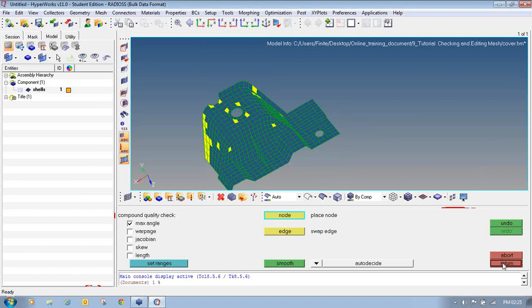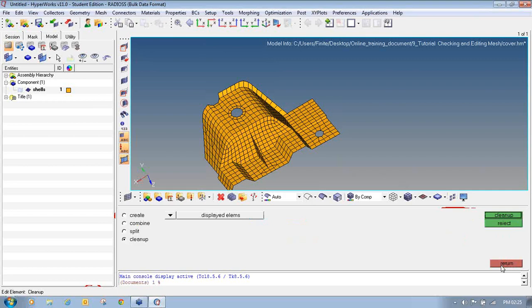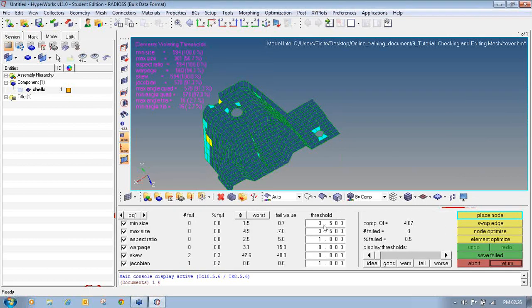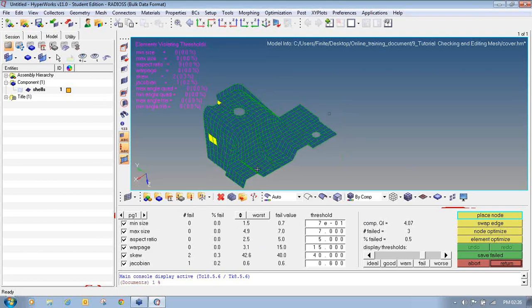There is one more option available to improve the quality of the elements. I will first click return to exit the edit element panel. Now the other option to improve the quality of the element is to go to 2D page and select the quality index panel. In quality index, these are the aspects in which your element is failing. So select the fail elements, so it will highlight only the failed elements. So these three elements are failing, and click on element optimize